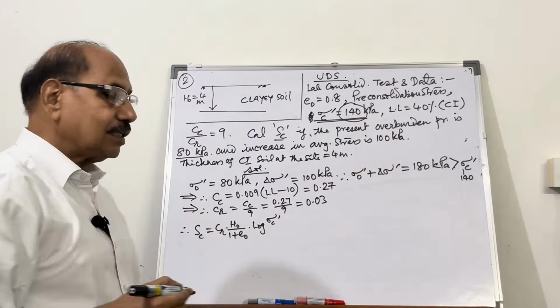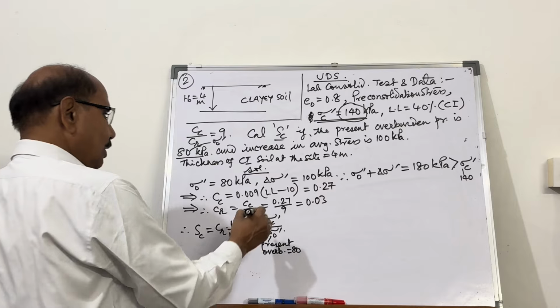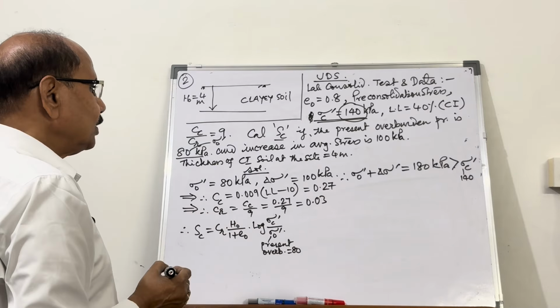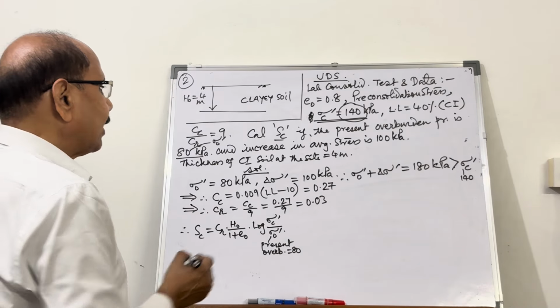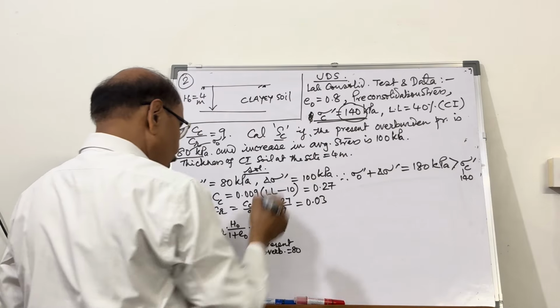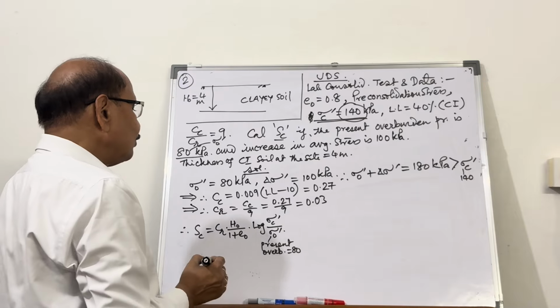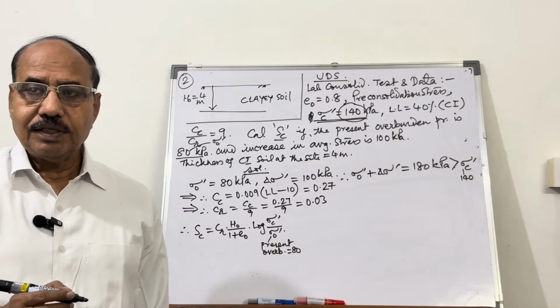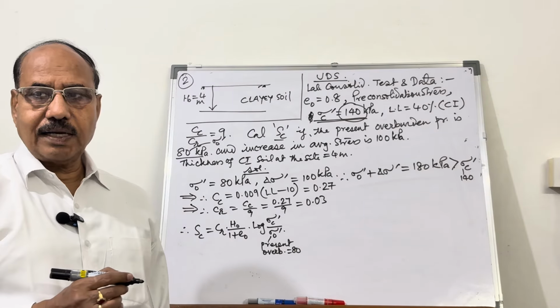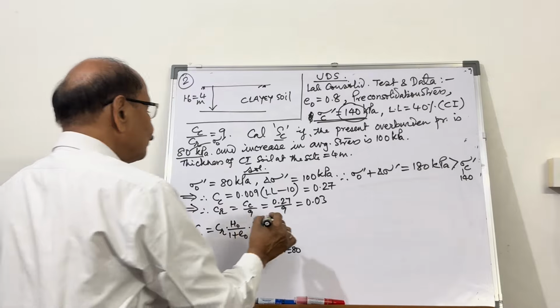Sigma C prime is the pre-consolidation pressure, which is given as 140. So this becomes the formula, log of sigma C prime divided by sigma naught prime plus,